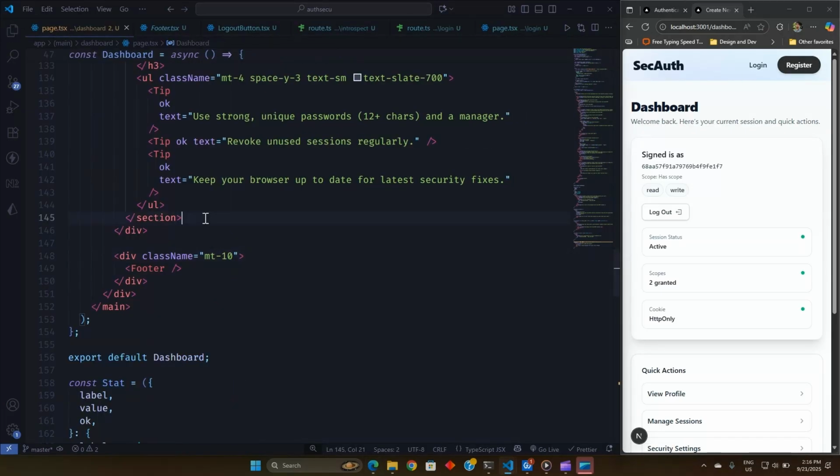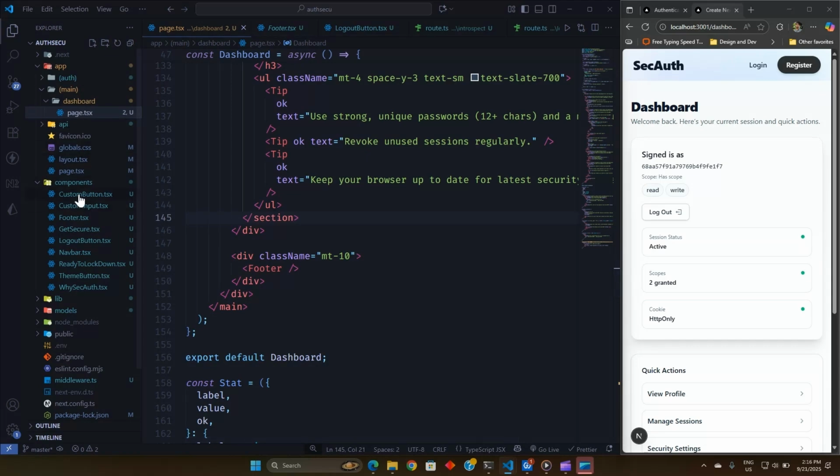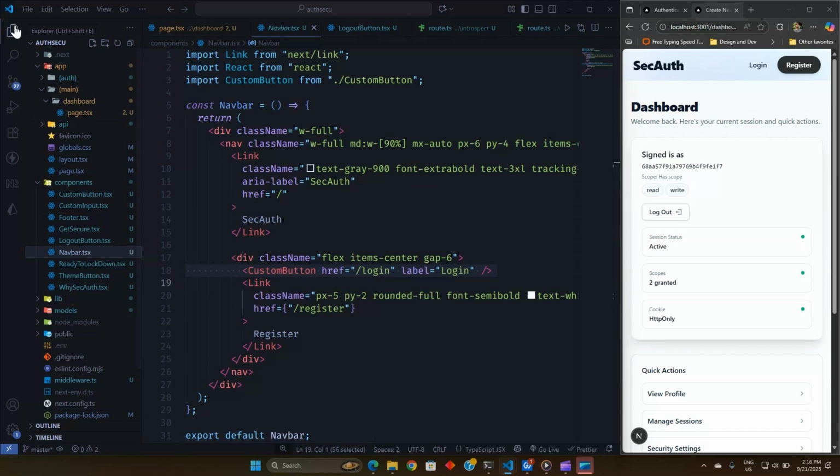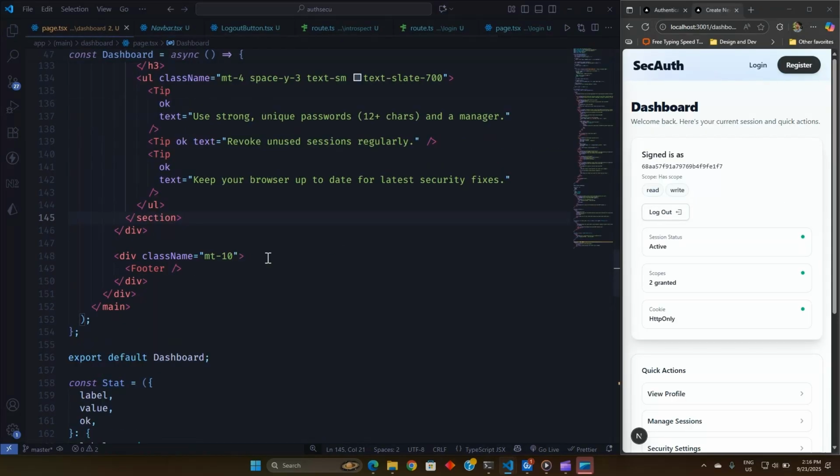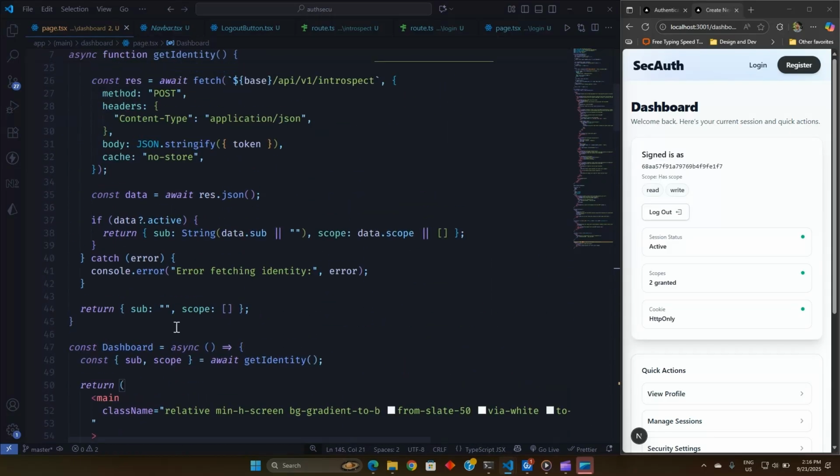So let's go back to our navbar components. So here inside these components, open navbar, and here we will access the user authentication, and based on that we will hide this one. Okay, so for that we need to go back to our dashboard, and we will copy